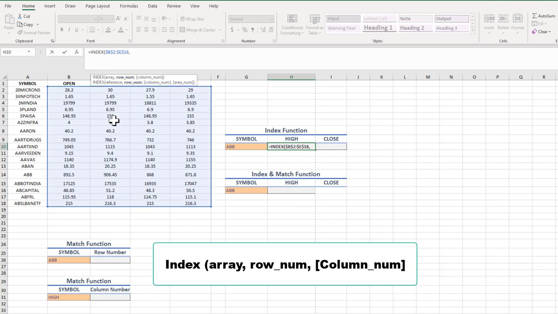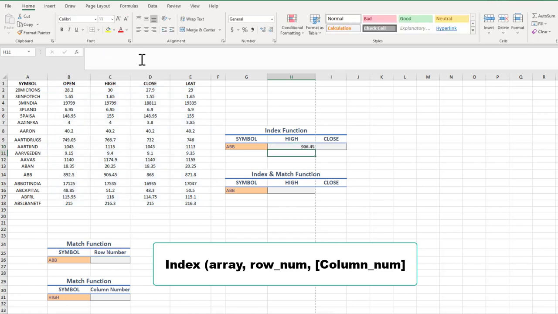For me, ABB is my reference cell, and we will count it: 1, 2, 3, 4, 5, 6, 7, 8, 9, 10, 11, 12, 13. So this is 13 rows below the reference cell, and my reference column is just 1 and 2,